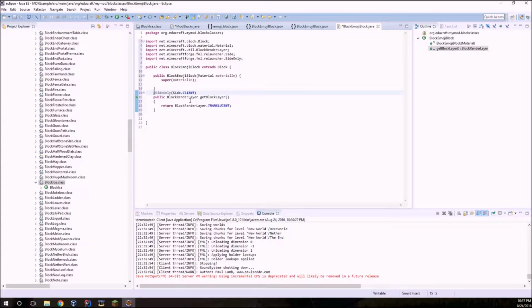Okay, and that's capital B, capital R, capital L. And that's what it expects to return. And you say getBlockLayer, and you put the parentheses after, saying this is the name of your method. And inside the method, you return the block render layer. So it's saying the method getBlockLayer returns a BlockRenderLayer, and it's returning BlockRenderLayer.TRANSLUCENT, saying it's okay to use those transparencies